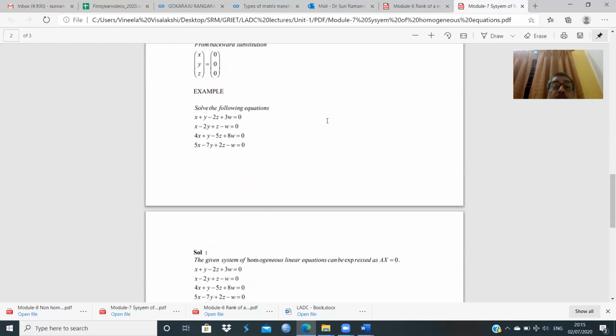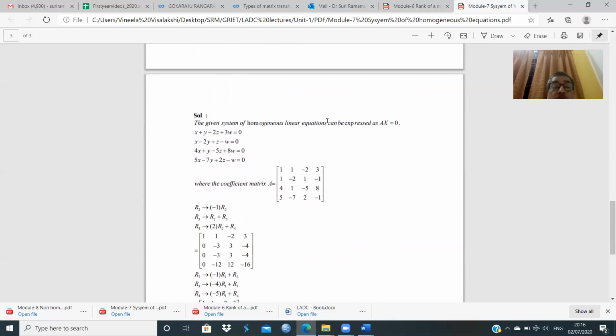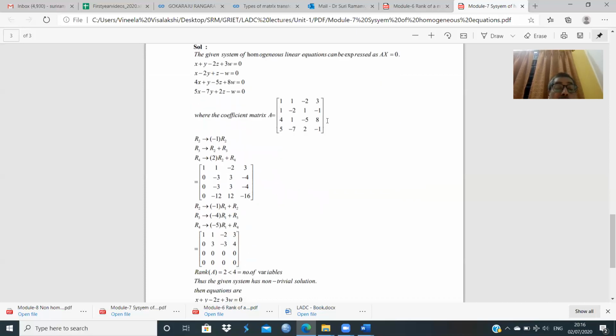The next problem has 4 equations in 4 unknowns, and let us see what the nature of this system will be. So as before, we take the coefficient matrix and then use row operations to reduce it to the echelon form. One has to be careful because it has to be solved in a very systematic way. Taking the leading A11 element, you reduce the elements below that to zeros. Then you move to the next pivot element along the diagonal and reduce the elements below that to 0.